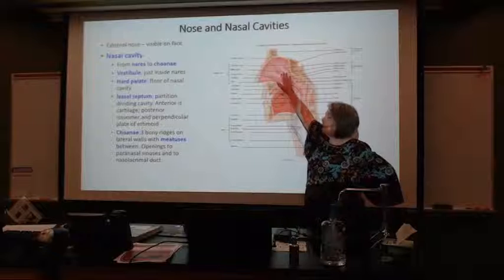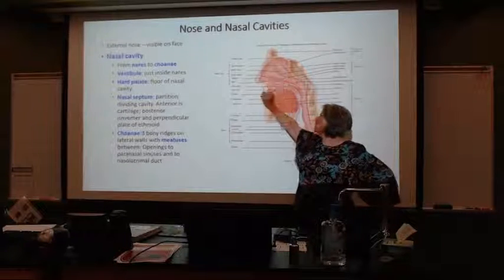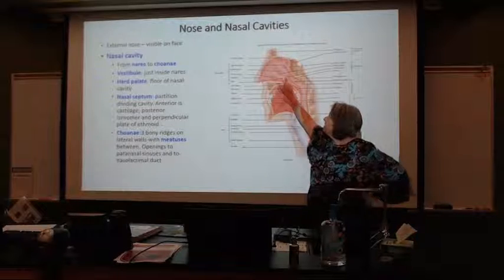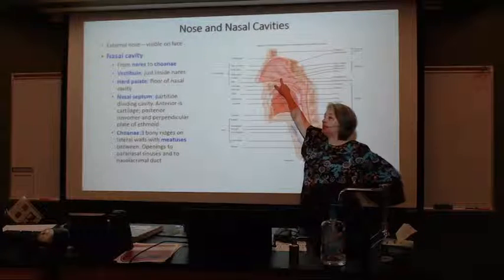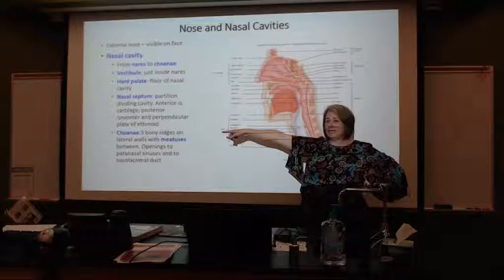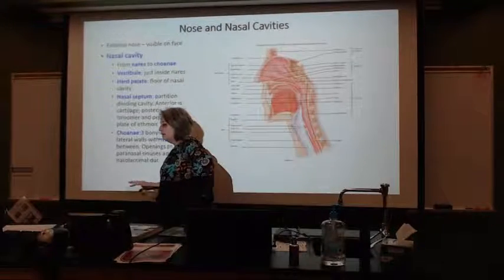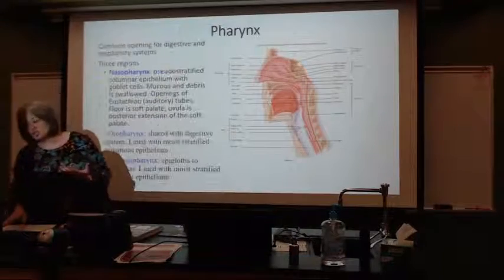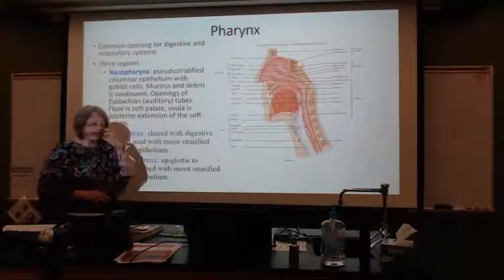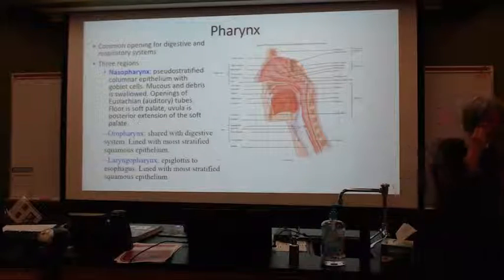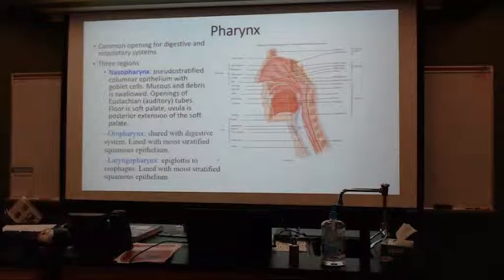Something I want to point out are these flaps right here, these choanae. What's going to happen with this structure as we look at the air that has to come in? These little flaps on that septum, as we breathe in,